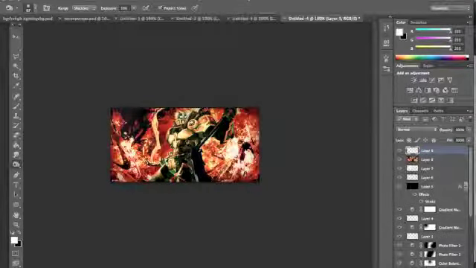The new layer, and you're going to want to do the dodge tool now. Same thing with the exposure. We have it on mid-tones and it just makes it stand out a bit more. Alright, so now that you've done that,